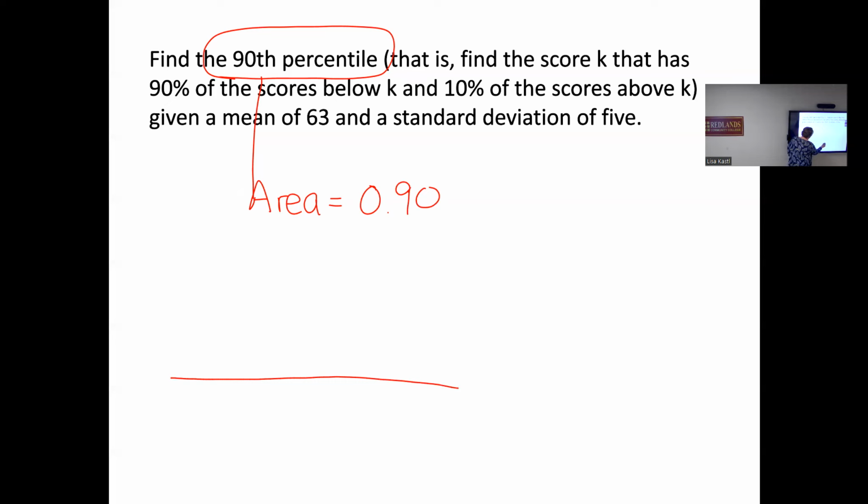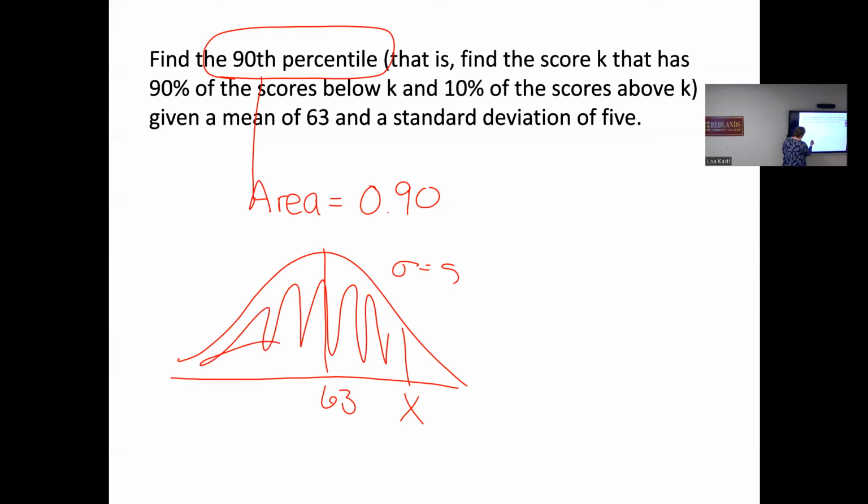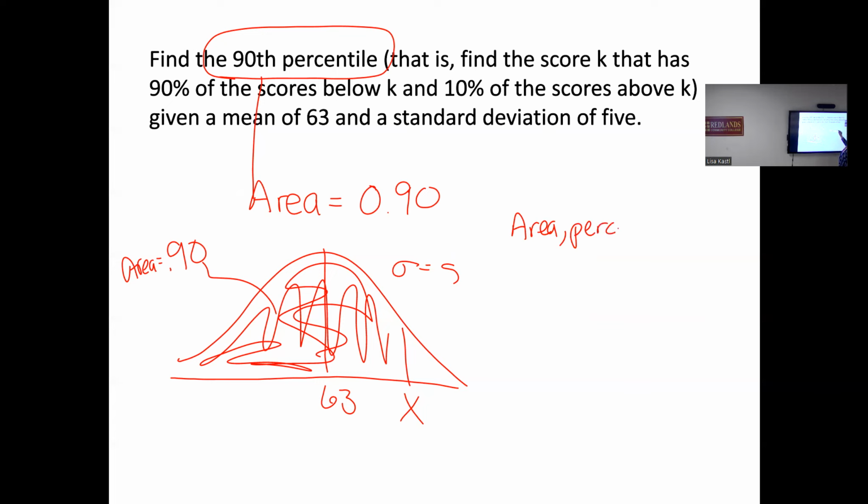So if I have a normal distribution with mean of 63, standard deviation of 5, what is this score here where I have an area to the left of it of 90%? So now we're going to use an inverse normal. If they give me the area or the probability, I use an inverse normal. So if I'm given the area or the percentile or the probability,